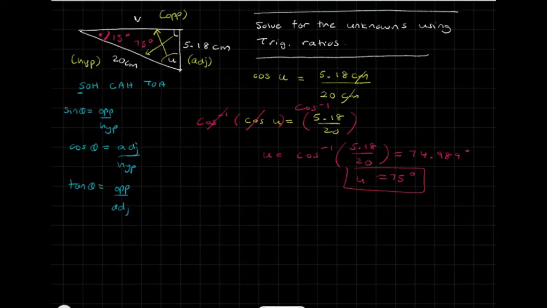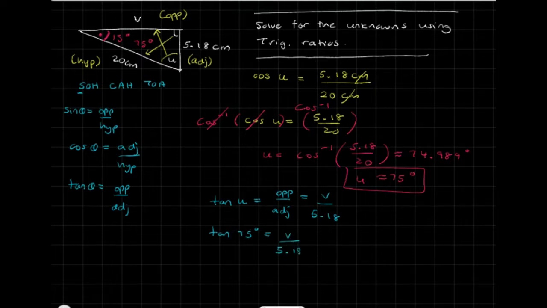side length v. Okay, so now we are given the angles, we're given the side lengths. Let's use the trig ratios to find side length v. Well, we're given u now. What I want to do now is I want to find v. So I'm going to find a ratio that has the opposite side on the numerator to solve for it, and I can either use the sine or tan ratios. So what I'm going to do is I'm going to use a tan ratio this time. So tan, and I'm going to use u. Tan u is equal to the opposite side over the adjacent side, and the opposite side here is v. The adjacent side is 5.18, and tan u, we calculated for u, is tan 75 is equal to